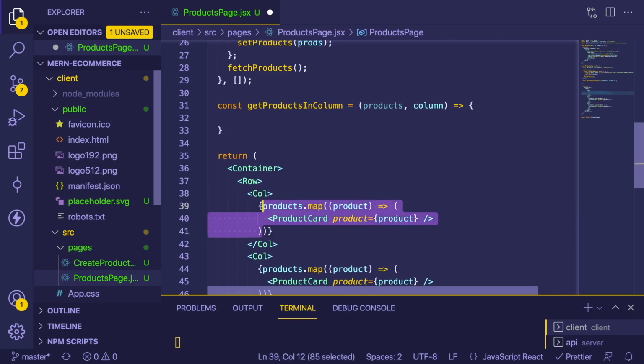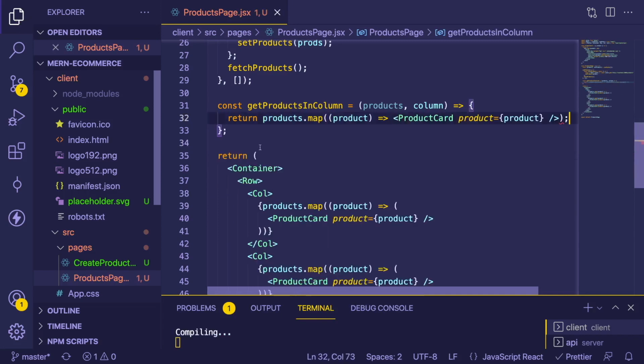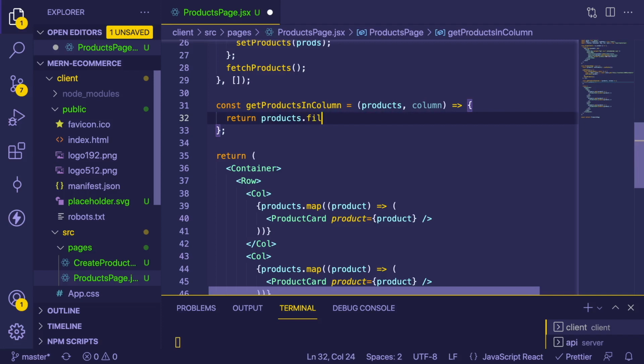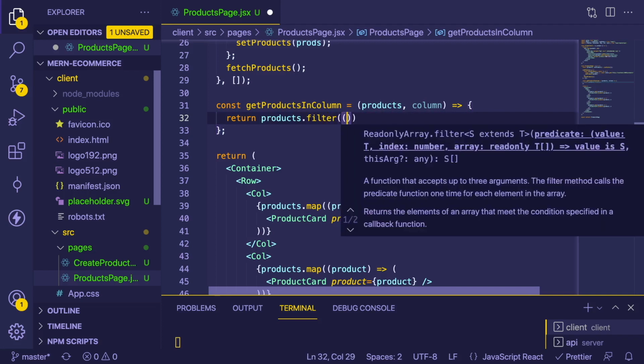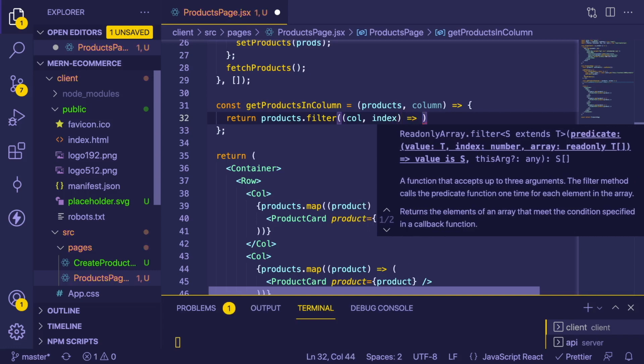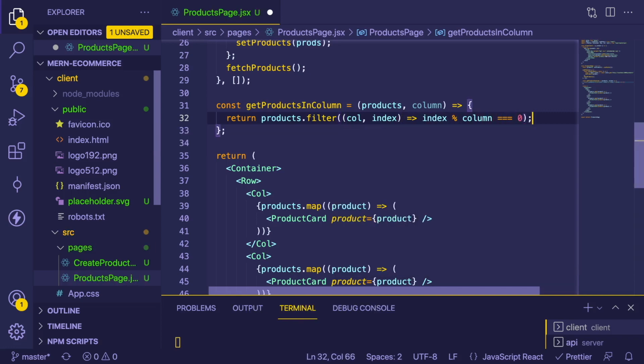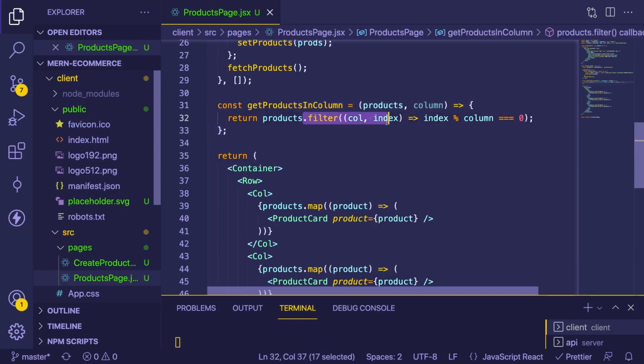And what we want to do is return all those products like this. But instead of doing a map here, we're going to do a filter. And we are going to say column and then index. And then we only want the columns where the index mod column is equal to 0. Okay, hopefully you understand what modulo does in JavaScript. Basically, if index is 0 and you mod it by column 0, and it happens to be 0, you know,